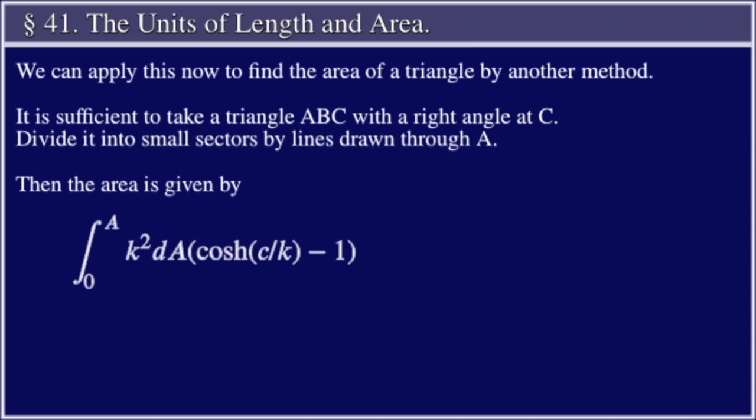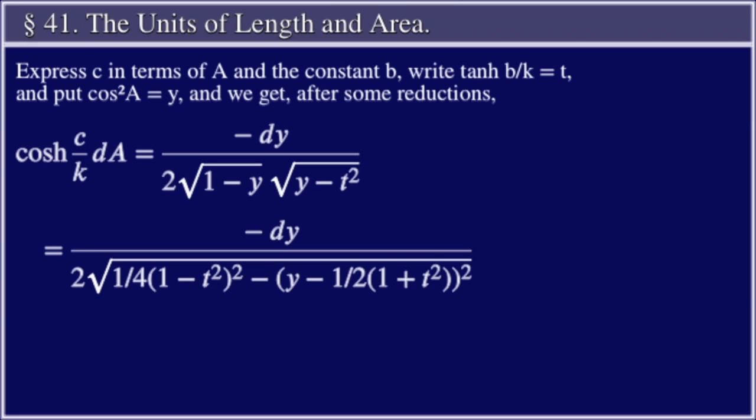It is sufficient to take a triangle ABC with a right angle at C, and divide it into small sectors by lines drawn through A. Thus, the area is given by the integral from 0 to A of k squared dA times the quantity cosh(c/k) minus 1. Express c in terms of A and the constant B. Write tanh(b/k) equal to t, and put cos squared A equal to y. And we get, after some reductions, cosh(c/k) dA is equal to